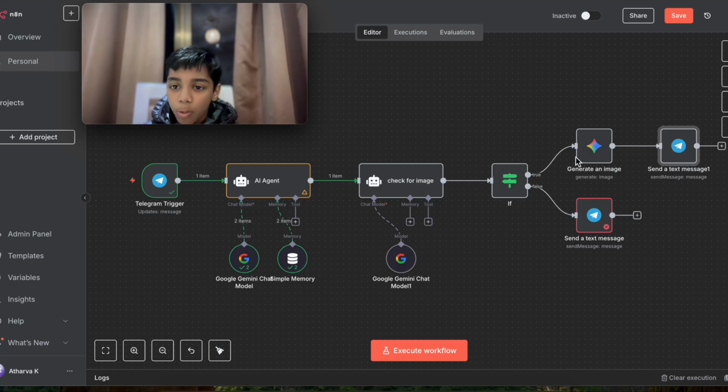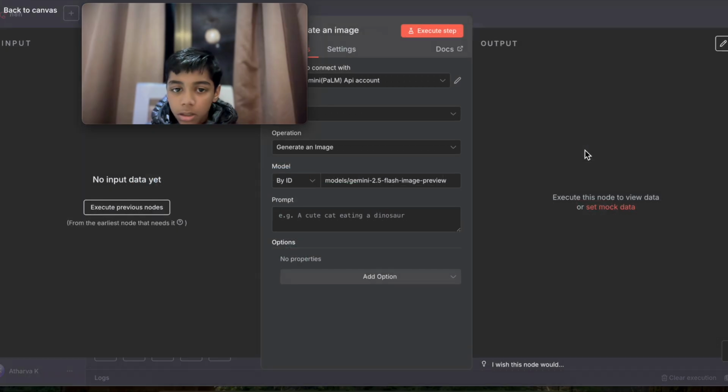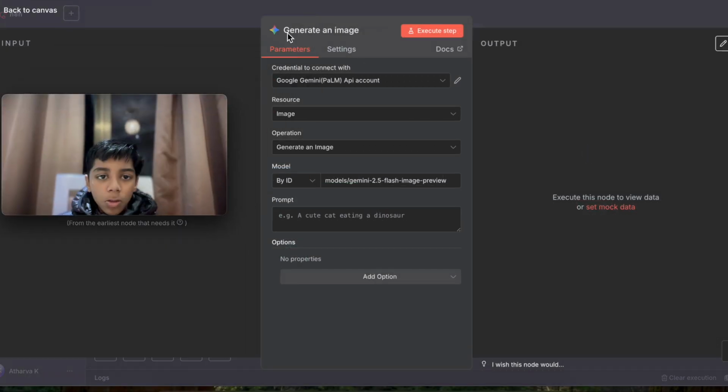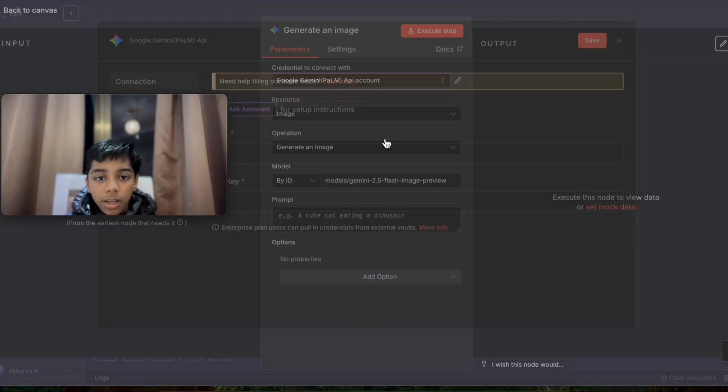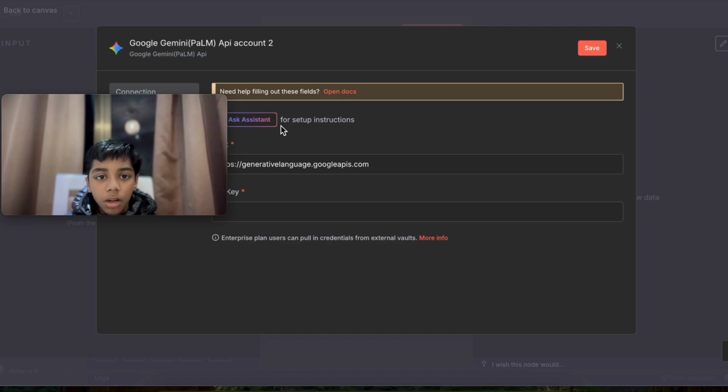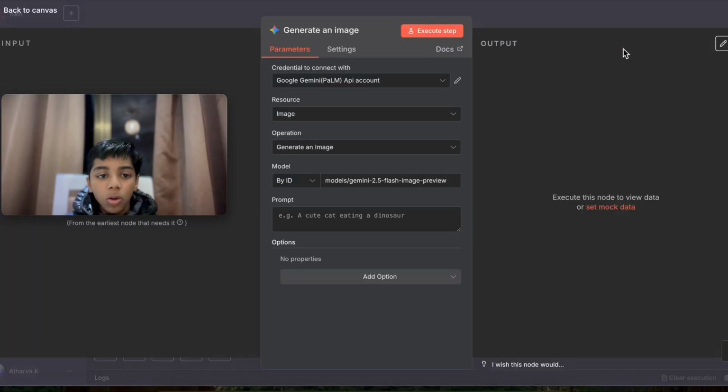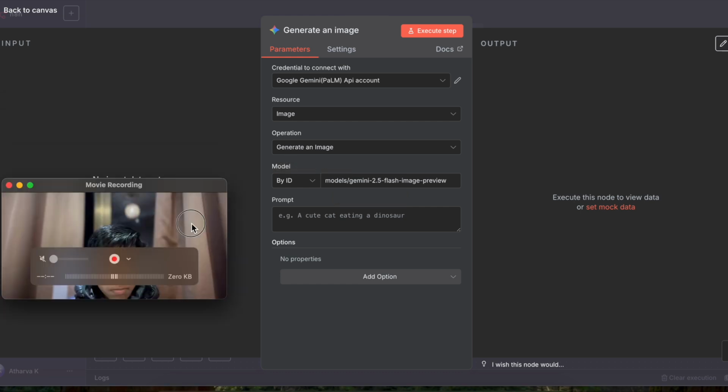Great. So now what we're going to do is, after clicking on generate an image, connect that credential. And if I haven't shown you how to connect a credential, just grab a key from aistudio.google.com, and then put image, generate image, by id model slash Gemini 2.5 flash image preview. And